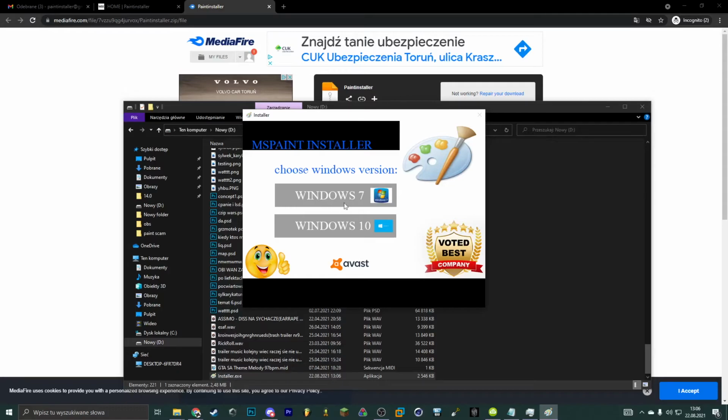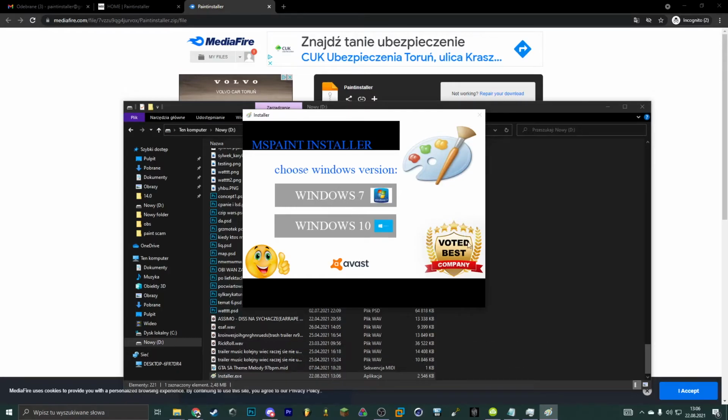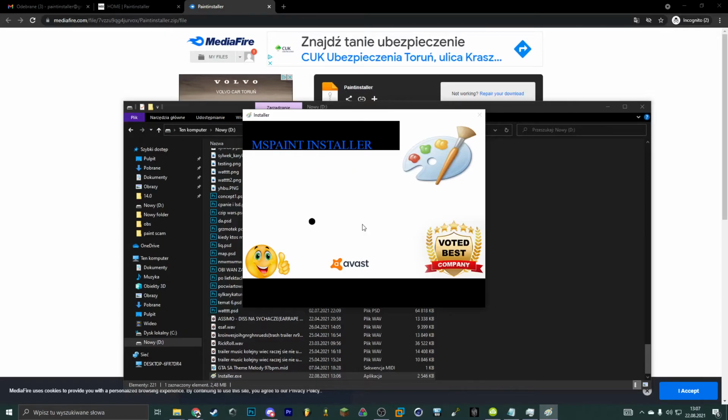If you choose Windows 7, this can overclock your graphics card and your graphics card will burn. You don't want that, so you must know what version of Windows you're using. I know that I'm using Windows 10, so I'm gonna click that, and you must wait.